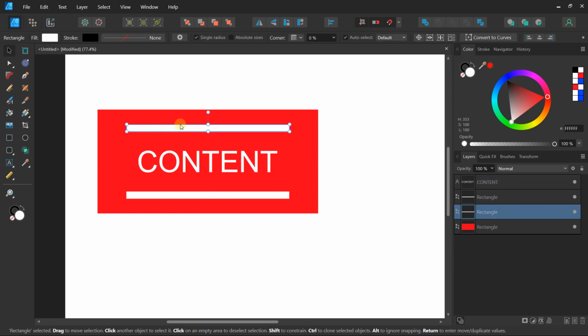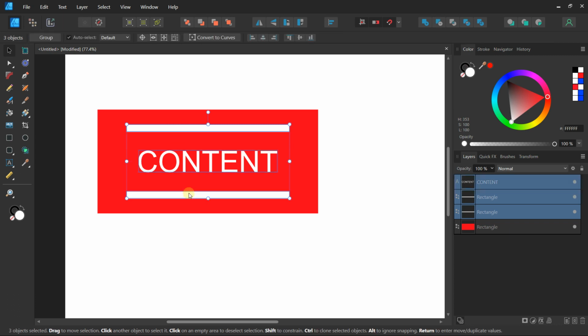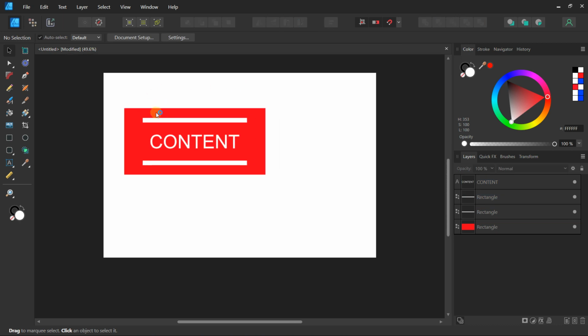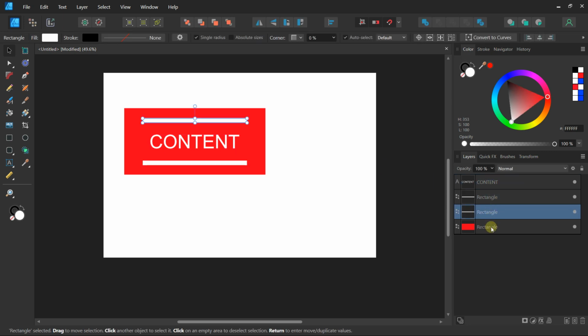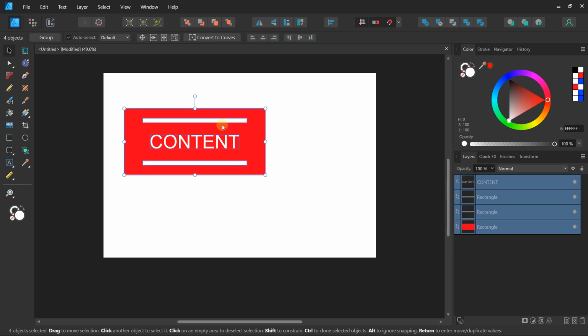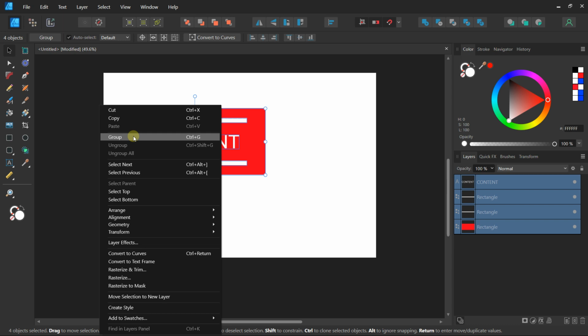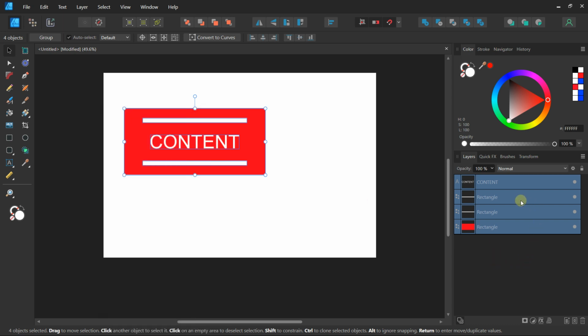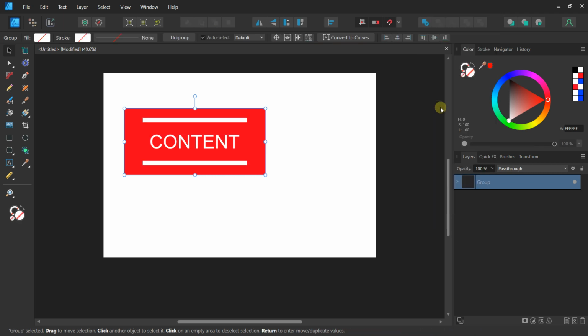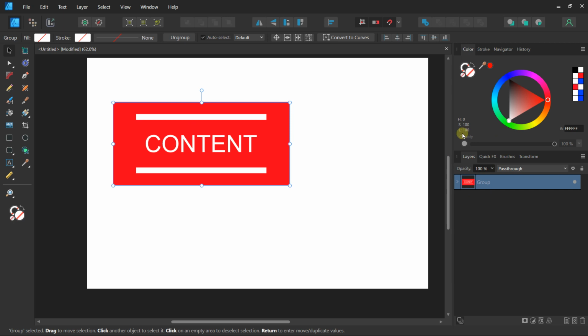So now I will select this element and this element with Shift, and with my alignment panel, I will use the distribution space vertically. And now with these elements, I would like to create a group. I have different layers on the right, and I want to create a group. To create a group, you select all the elements that you want, and you can right click and create a group. You also have the possibility, when you go on this area, to right click and create a group, or use the control key.